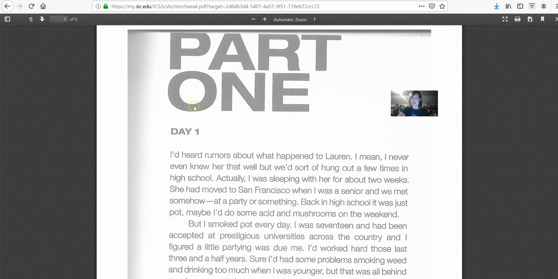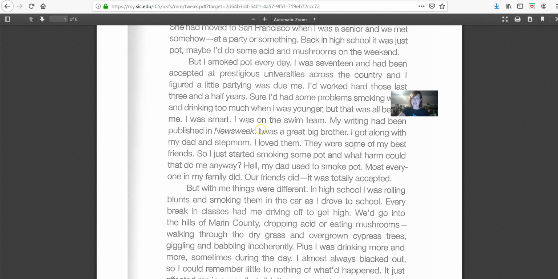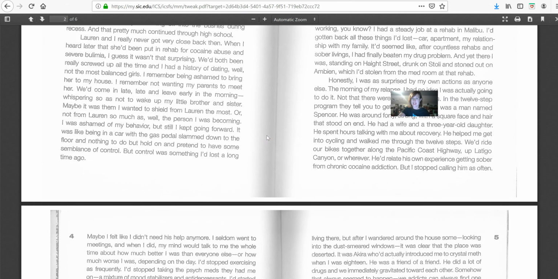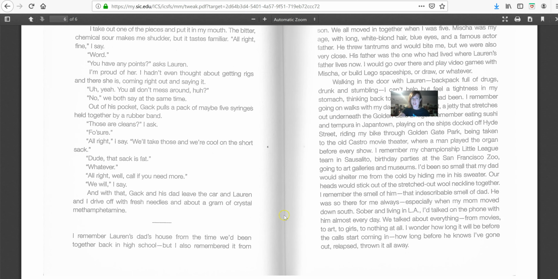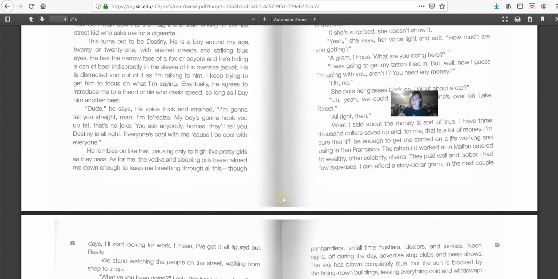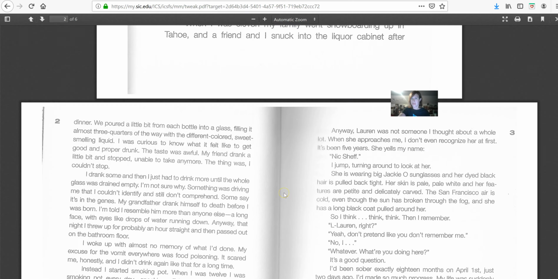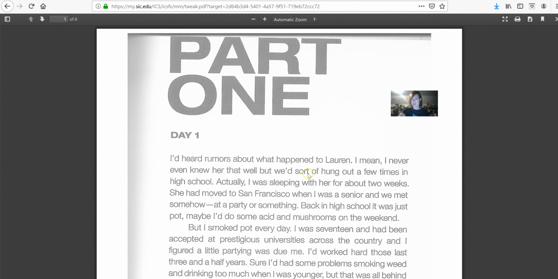We'll get Tweak pulled up here just so you can see the file. This, like I said, starts the very first chapter and then goes from there. As you can see, they do take a little while to upload, so just be patient, and they should upload for you. So part 1, you can kind of see this is the point here, and then it kind of diverges and splits up. It's a little bit longer, but it reads a lot faster. Nick's writing flows, I think, a lot more fluidly than David's.